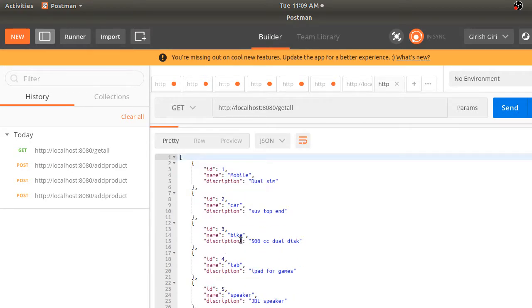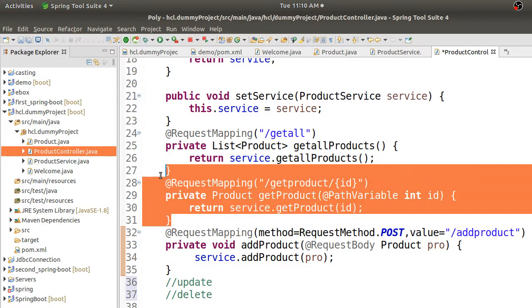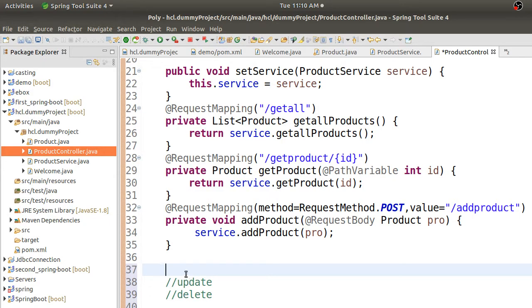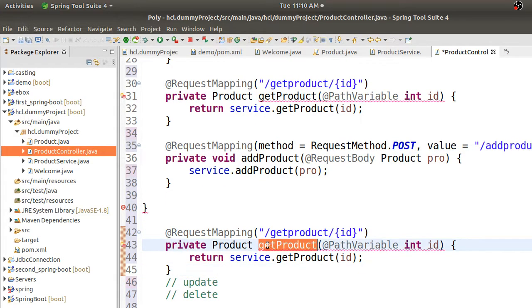In case you want to update any of these details, say for example product 3, I want description to be something else. I want it to be 250cc or something. If I want to change these details, I want to update the already present details, then we need a method for it. So obviously that method, if you are coding, it should have ID of which you are updating, right? So you should take care of that ID. So what I will do is I will go and copy the same method which we have already coded, and I will make some changes in this. I'll add the same code, and here I will say update product.